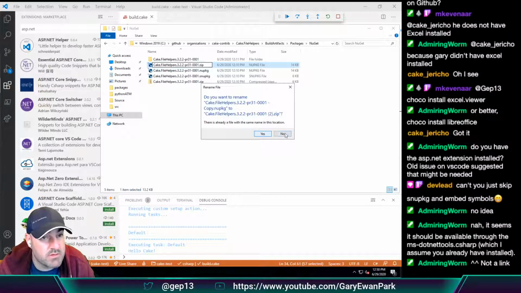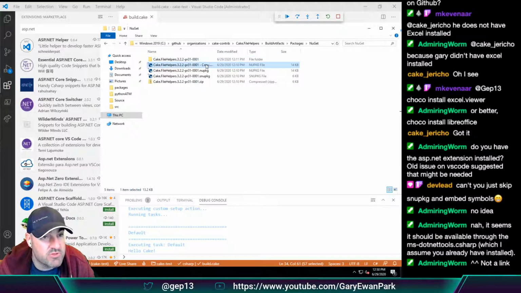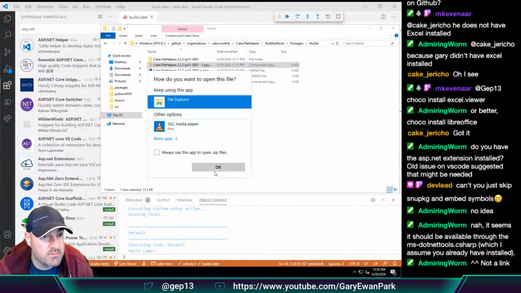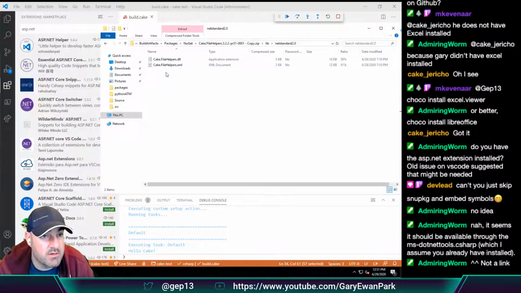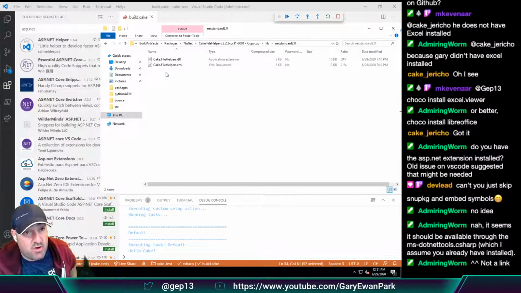Oh, one was the snupkg and nupkg. In here and in here. So the PDB files are not shipping in there, so they're not. But